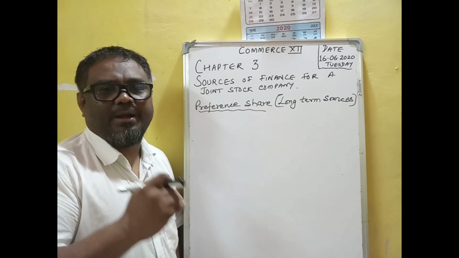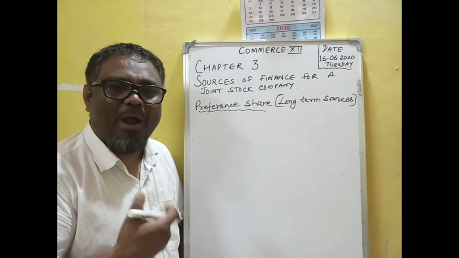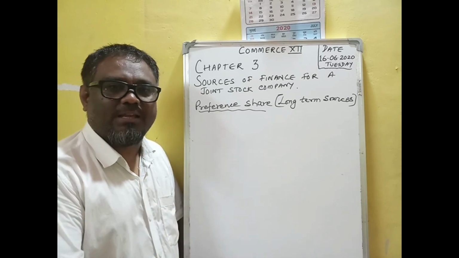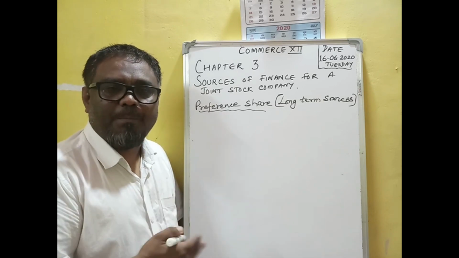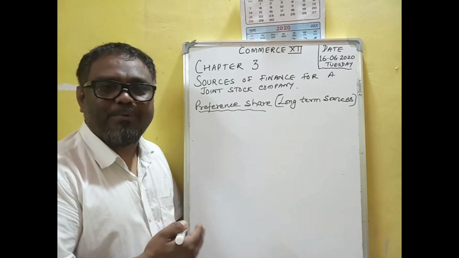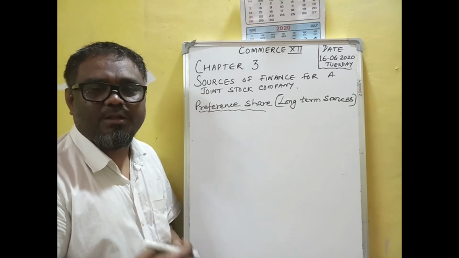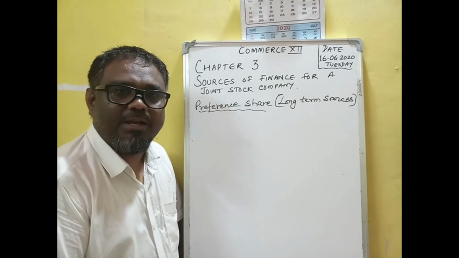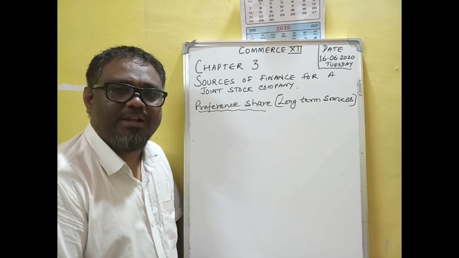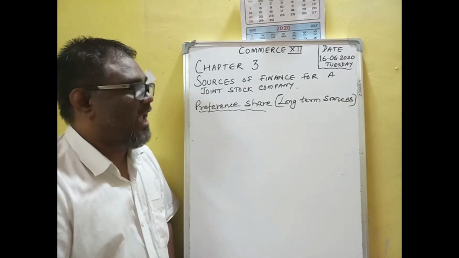And second is redemption of capital. When the company winds up, when the company is closed, a company has to return back the capital of the shareholders. Before the redemption of equity shareholders, first preference shareholders' capital is returned back. So preference is given in terms of redemption of capital, and payment of dividend declared to the preference shareholder is given prior to the dividend declared to the equity shareholder. That's why they are so called preference.